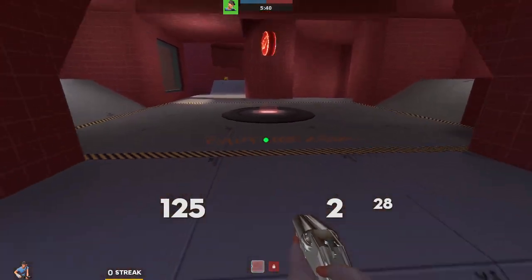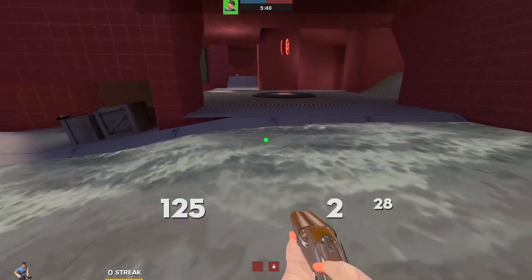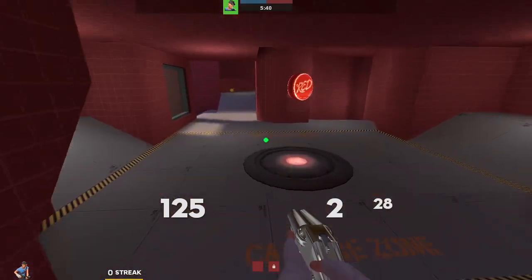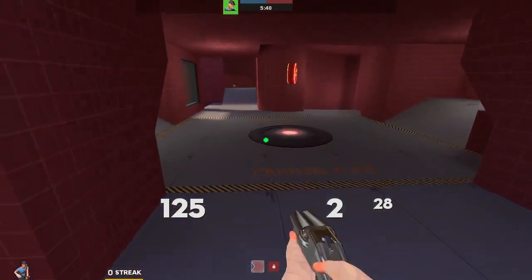So in payload, when you own space, there's a catch-up mechanic, which is the payload cart slowly moving forward. In CP, Mountain Lab is the perfect example: you win first, but then you have to sit there for 30 seconds while red respawns to capture the point. That's what your map does. It's not really offensive, but one of the things I think you do have to be careful about is